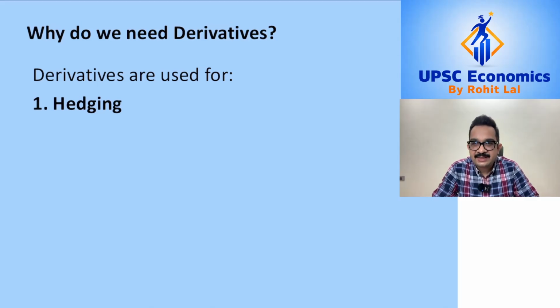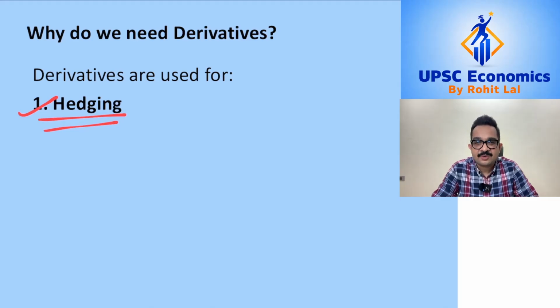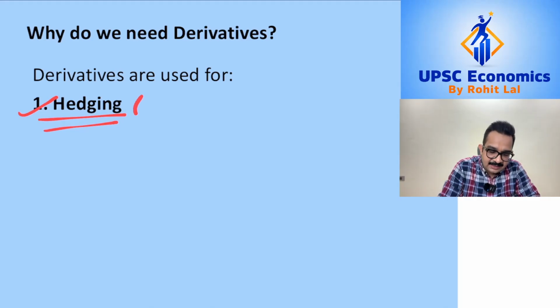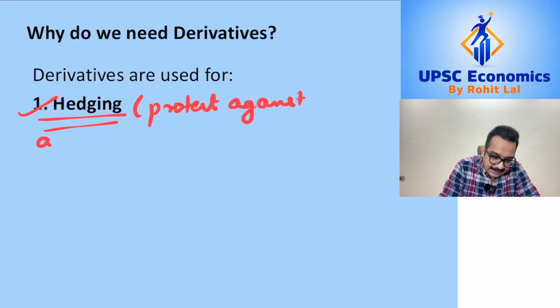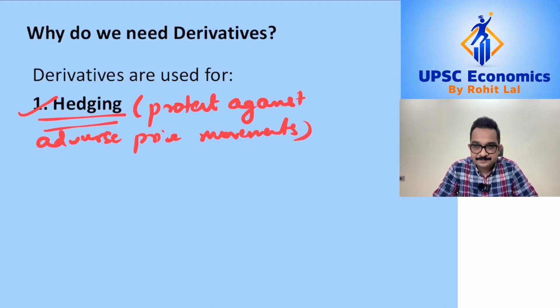Now the reason why derivative contracts are used is that they provide multiple benefits, and we're going to talk about 3 key benefits which derivative contracts provide. The first benefit is that derivative contracts can be used for hedging. That is, derivative contracts can be used as a means to protect against adverse price movements. So let's say